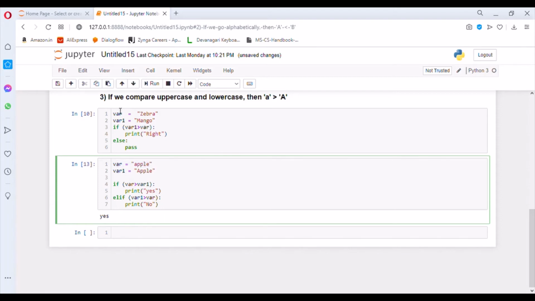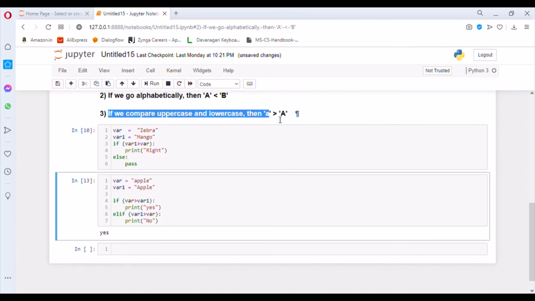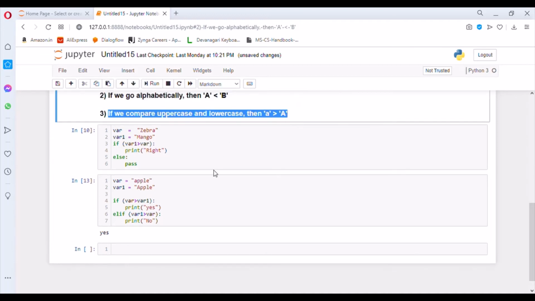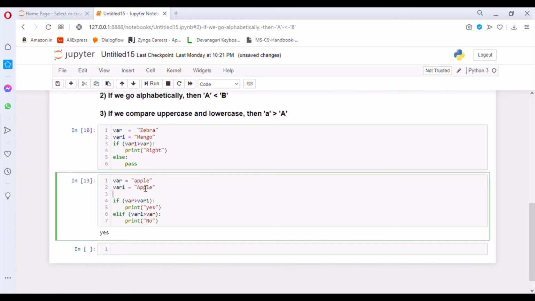So let's check. According to our rule number 3, the letters which are in lower case are always considered greater. Here the first letter of apple is small and here the first letter of apple is capital. That's why the first variable var will be greater than the second variable var1. That's why we have the output yes.